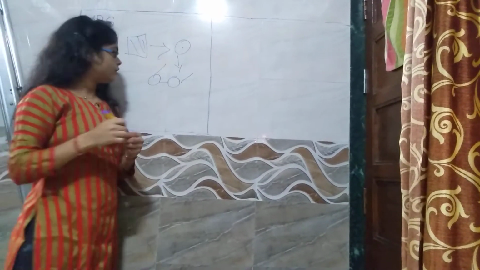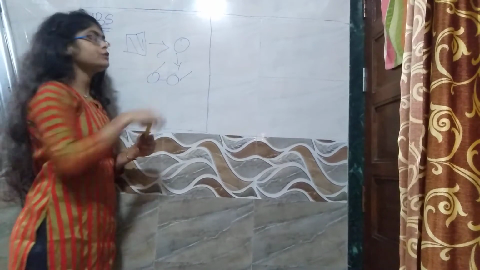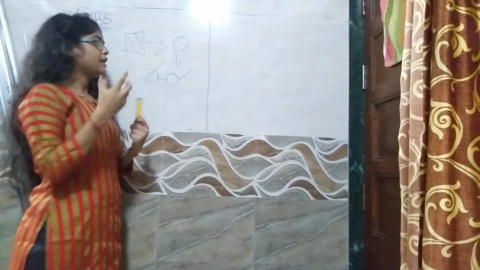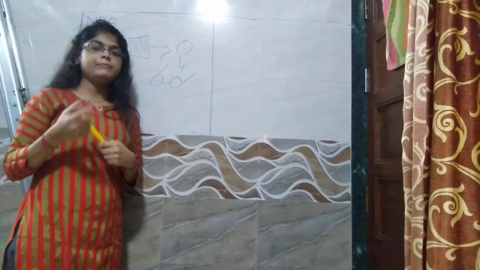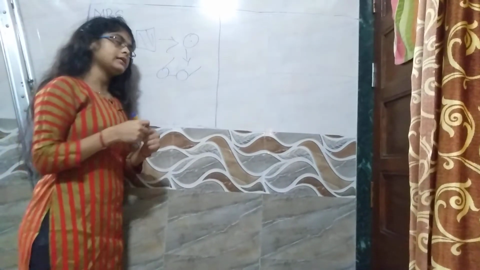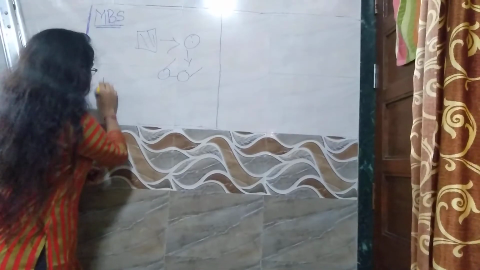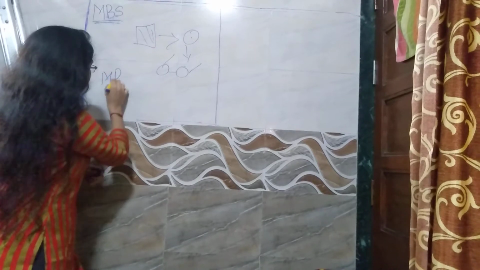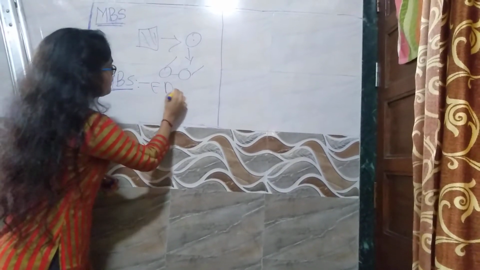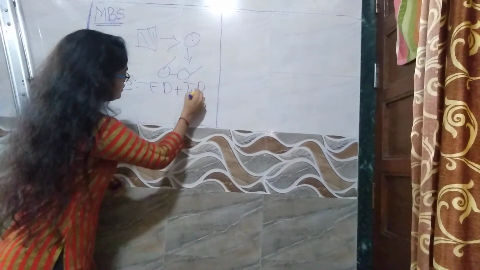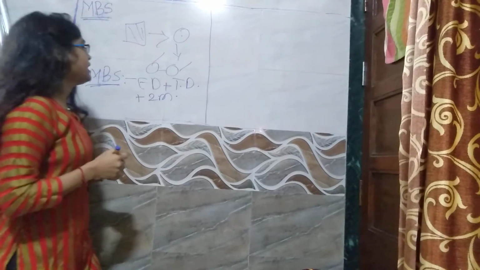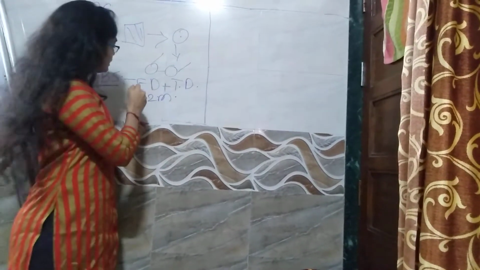So for fitting into the frame we need to cut the lens into the proper shape and size, and for that we need to do an MBS calculation. So let us calculate the MBS. It has a formula, which is ED plus total decentration plus 2 mm. So you might know what the effective diameter is.